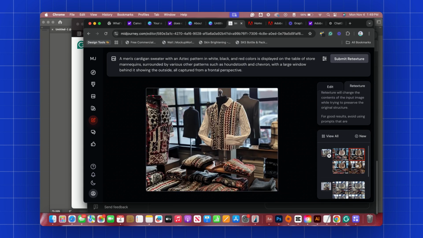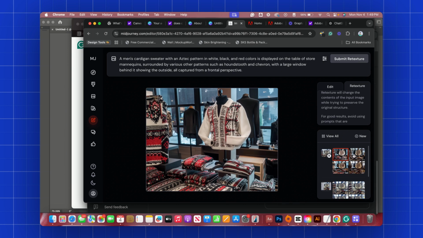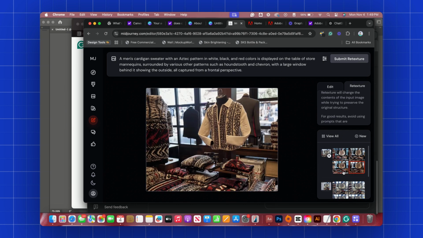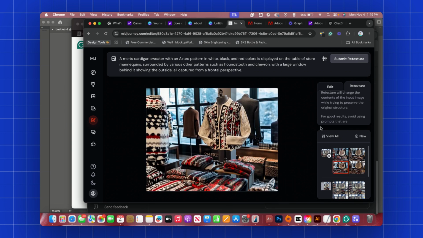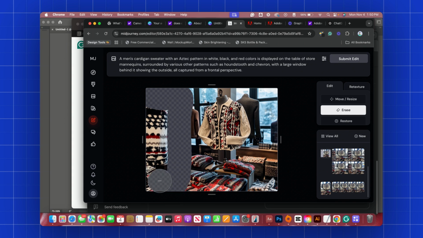So I thought that was cool. And that could give you a different idea if you're not using it for a product, if you're using it as a part of a piece of content or a picture or wall art or something like that. And then I'm just showing you how you can go in and